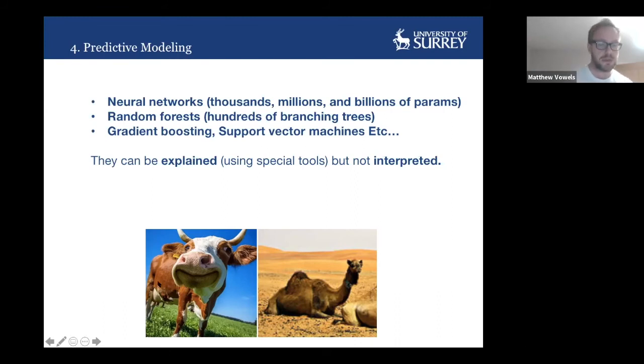And the reason why I've got a picture of a cow and a camel here, which might seem a bit strange, is that a nice way to demonstrate what I mean is this. If I were to train a computer vision algorithm to predict whether there was a cow or a camel in an image, this is an example of a powerful predictive approach. We take in the pixel data and we try to predict the presence of a cow or a camel. What the network or the model will do, if it's not causal, if it's just a purely predictive approach, is leverage every correlation that it possibly can.